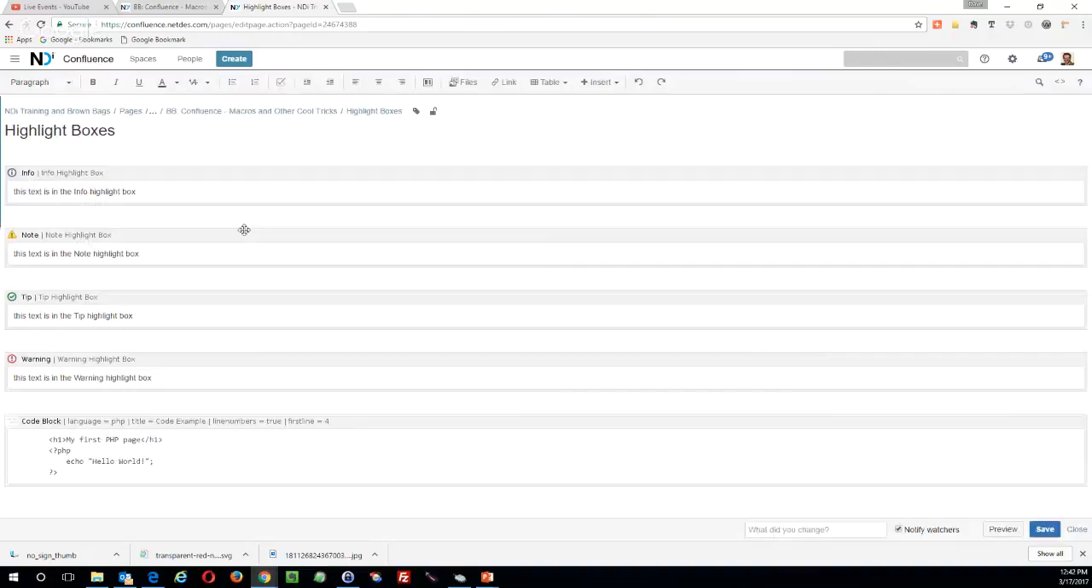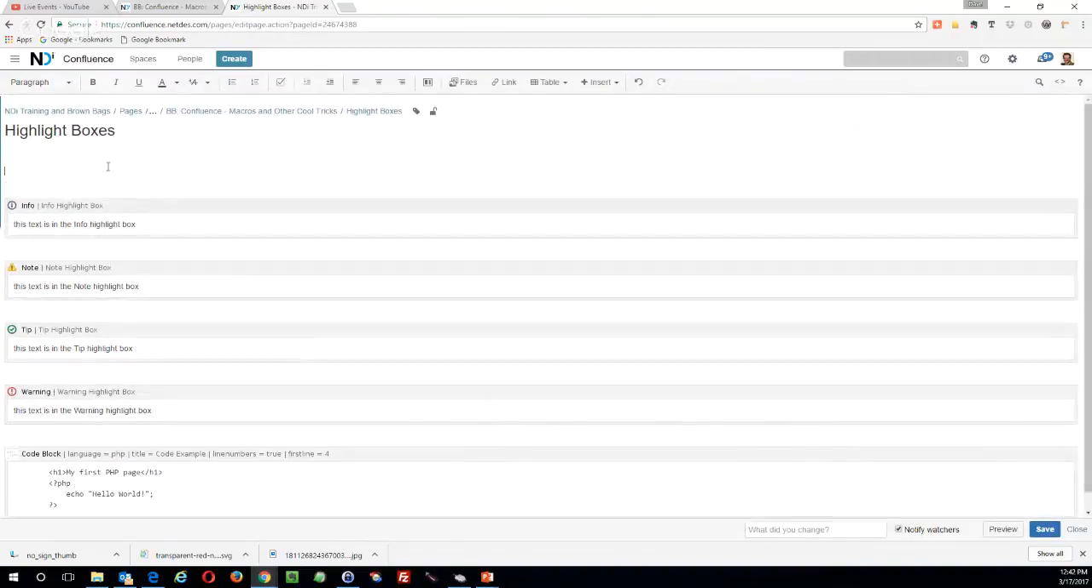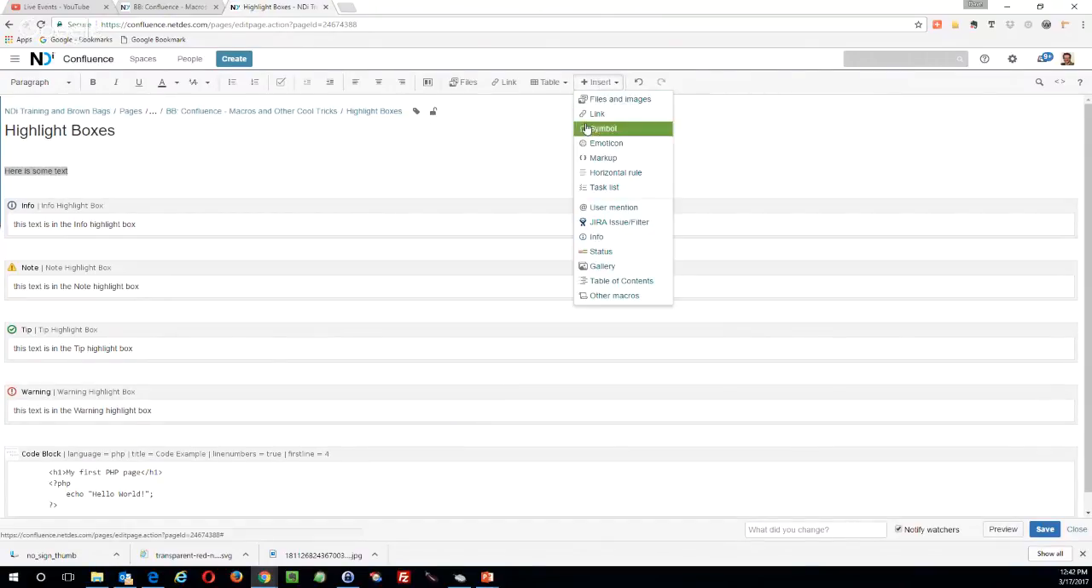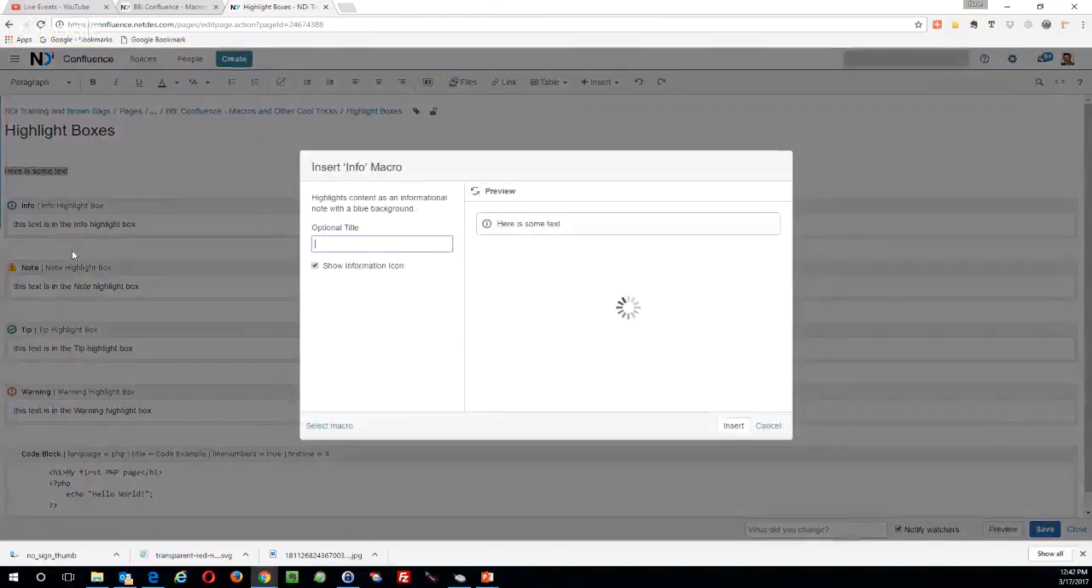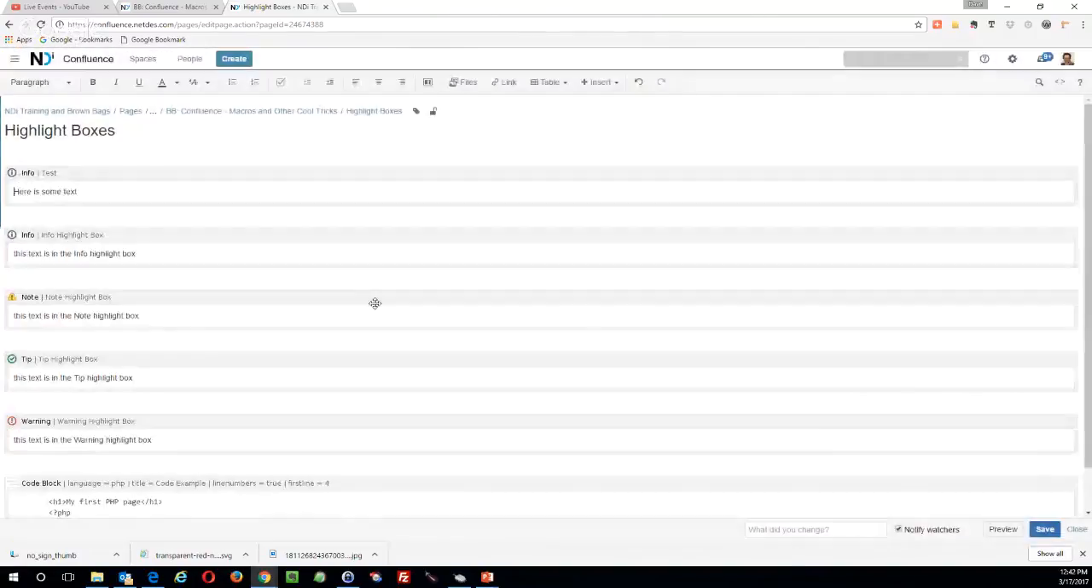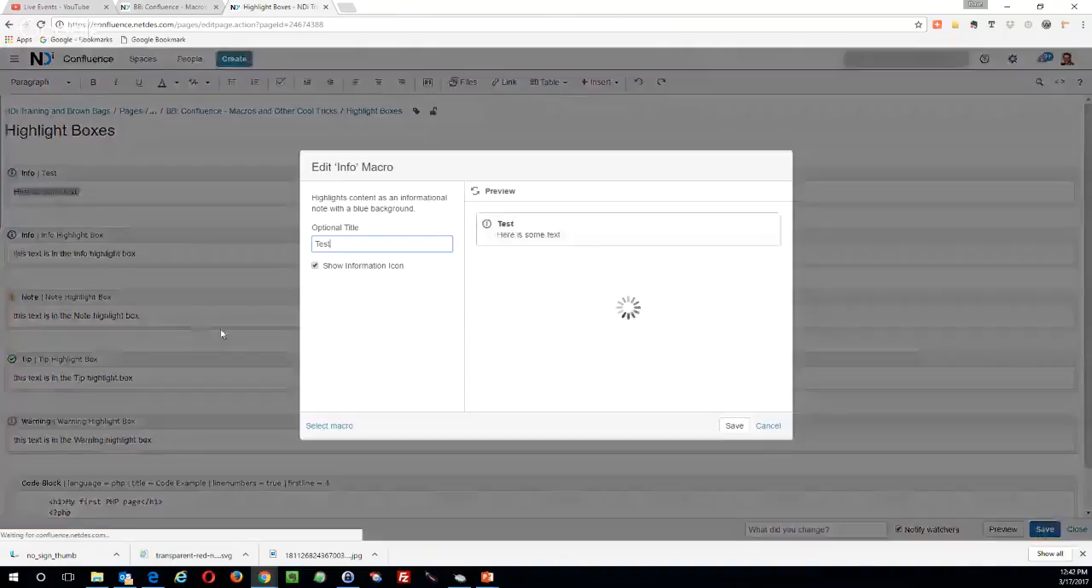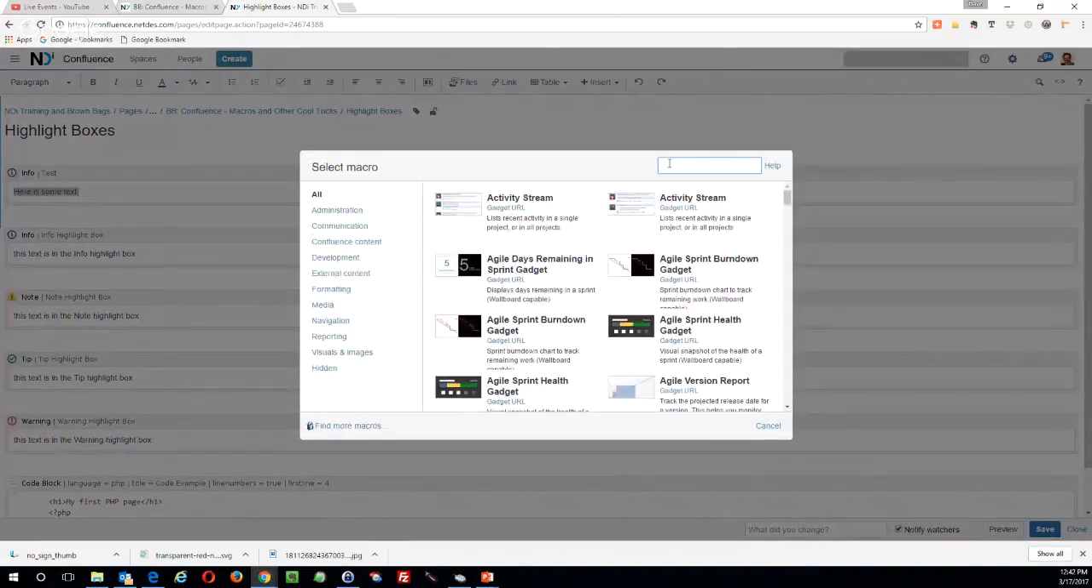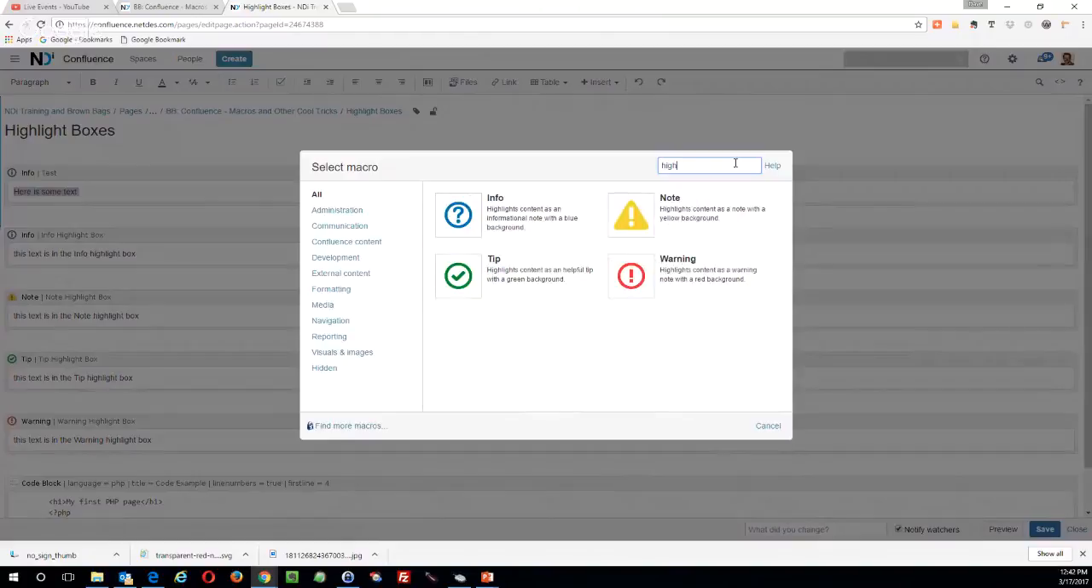So again, creating one of these is pretty simple. You can either start, here is some text, okay, highlight it, and then insert your highlight. It selects the text that you've got selected, and then you say, boom, and there it is. It's that simple. Now, if you decided that you want a different one, you can select, come up here, type